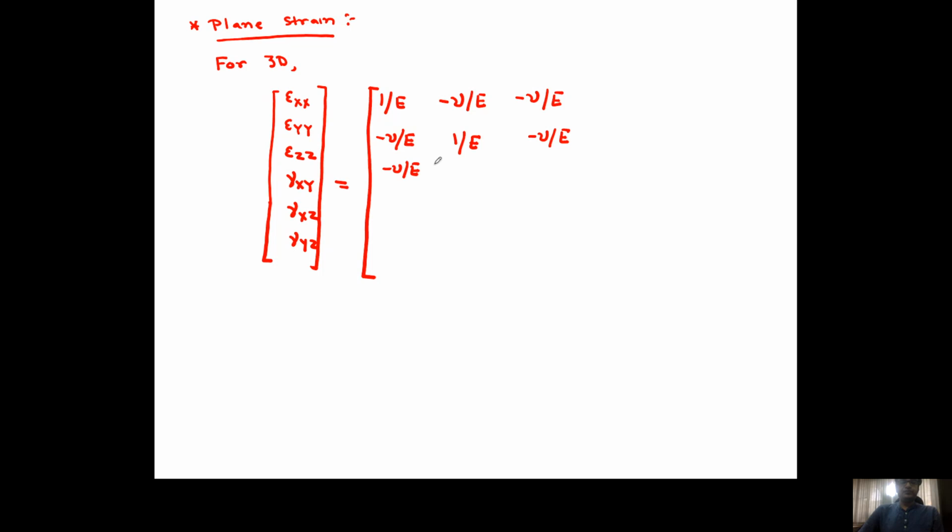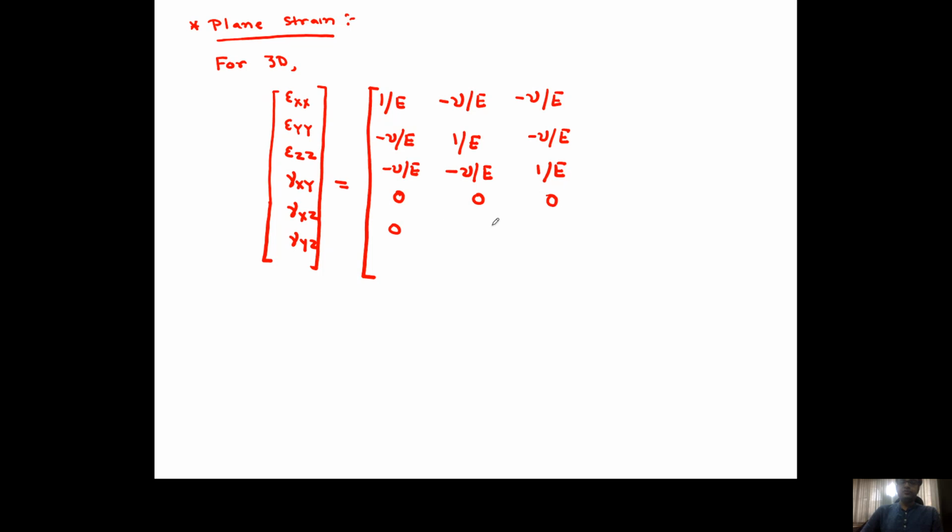This is the general case in 3D, and this is equal to, so you have 1 by E, minus nu by E, minus nu by E; minus nu by E, 1 by E, minus nu by E; minus nu by E, minus nu by E, 1 by E, and then you have everything else 0 on these three rows and columns,